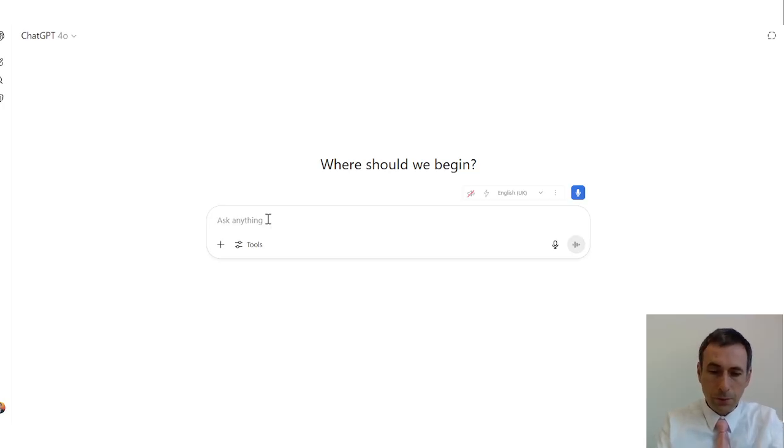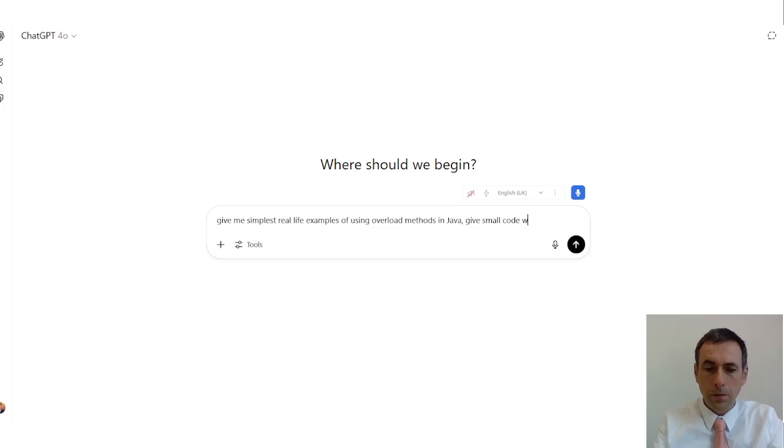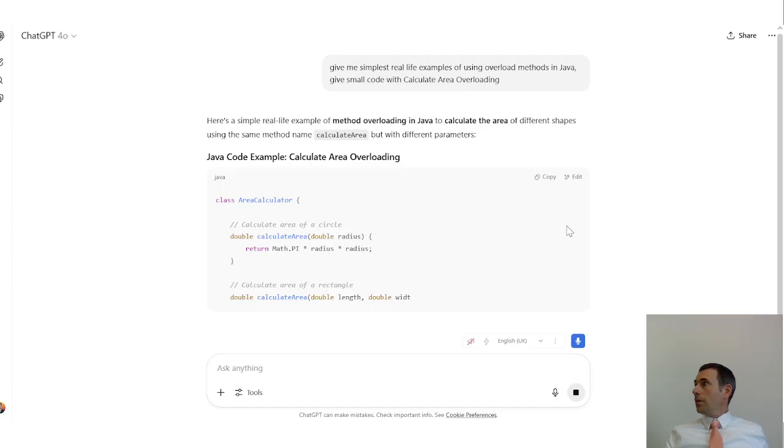So I'm about to ask, give me simplest real-life examples of using overload methods in Java. Give a small code with calculating area overloading. So hopefully that